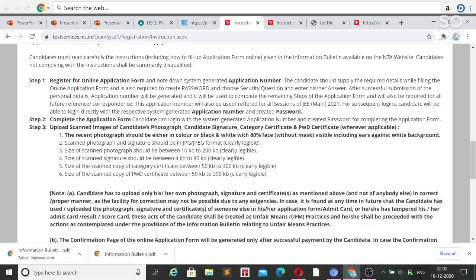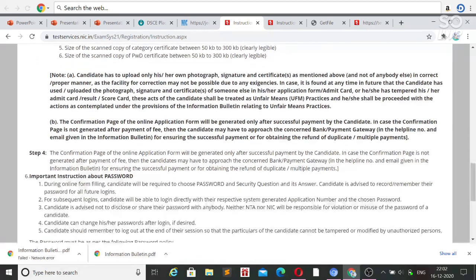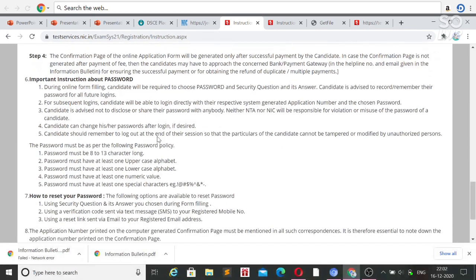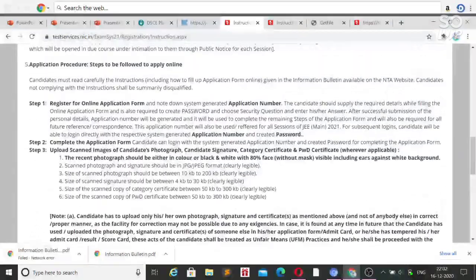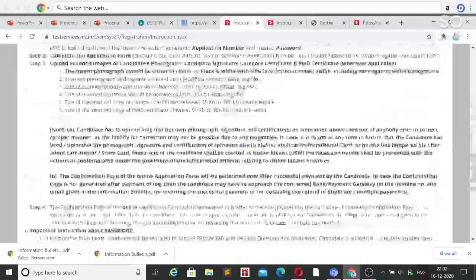So keep in mind that you have to fulfill all these criteria, and after all this you have to pay the application fee through net banking, debit card, UPI or Paytm. After that you will get your application number and password, and you will be done with your application.